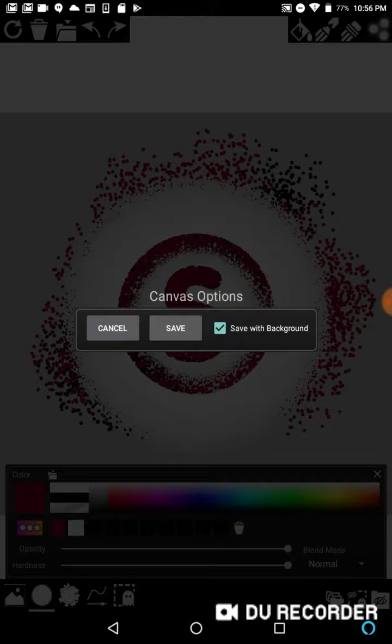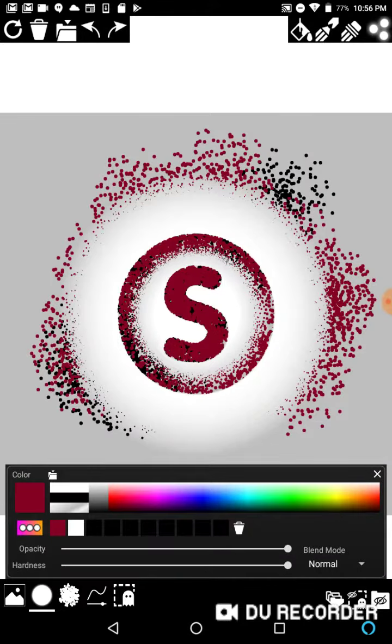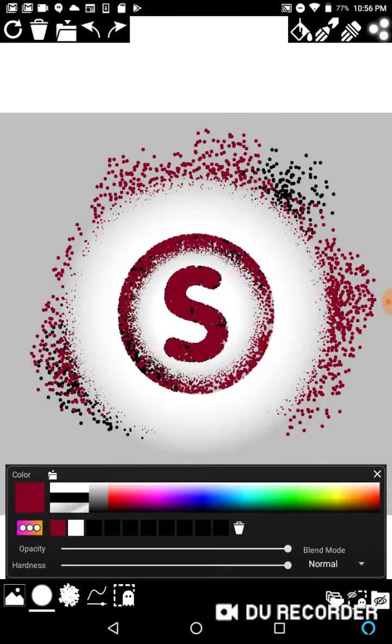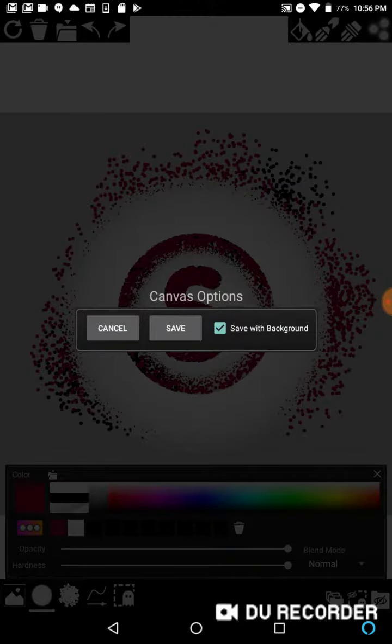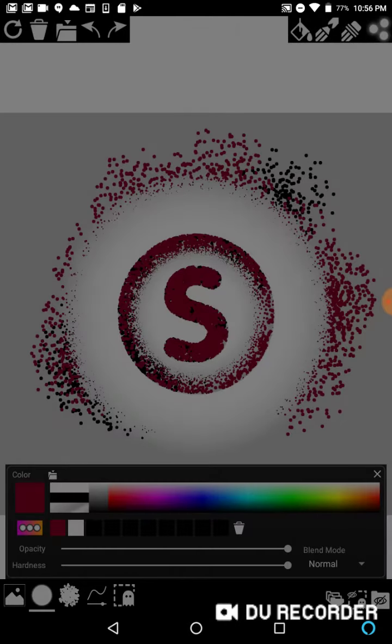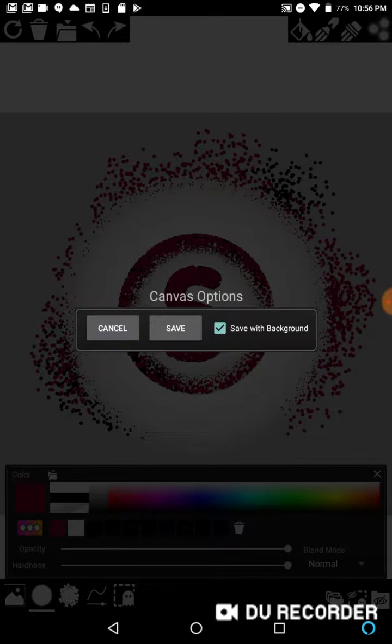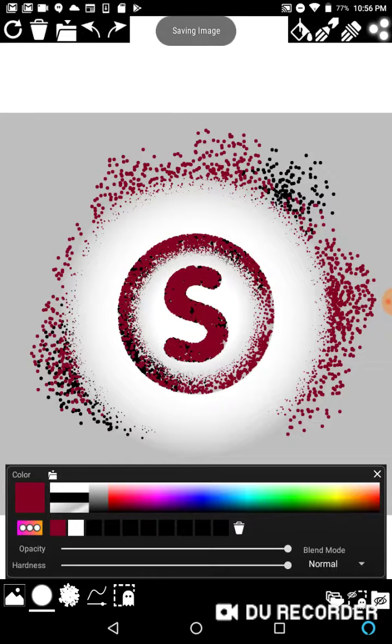All right, so now we can hit cancel. We can hit back if we want to get rid of this menu. Now if we hit save, it's just going to work as usual, just a usual save. But if we hit save and we deselect save with background and hit save,